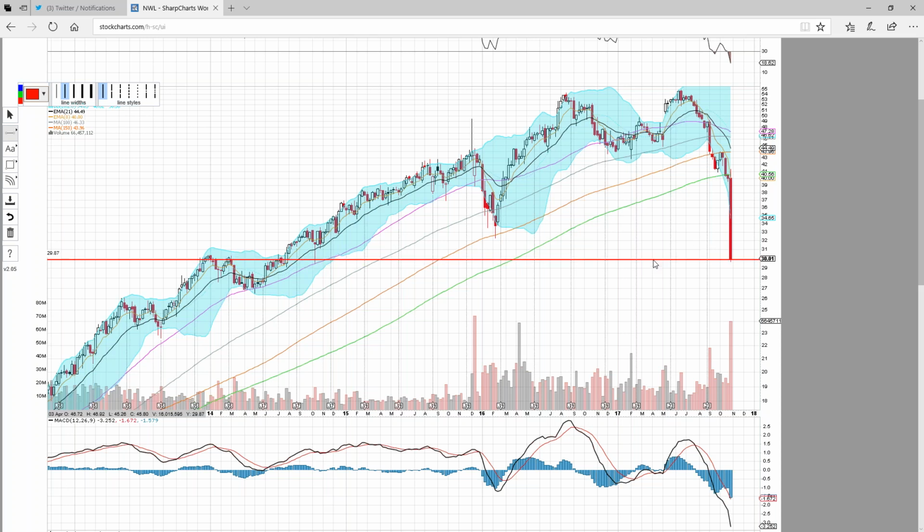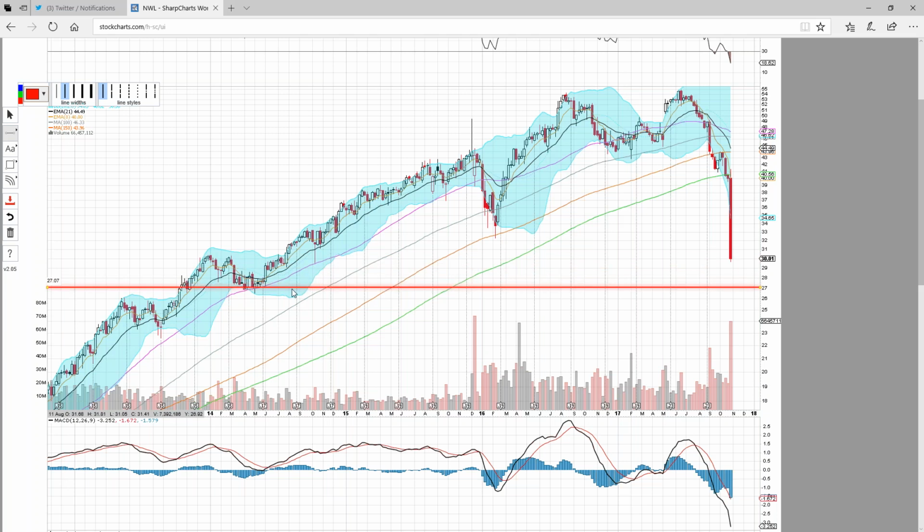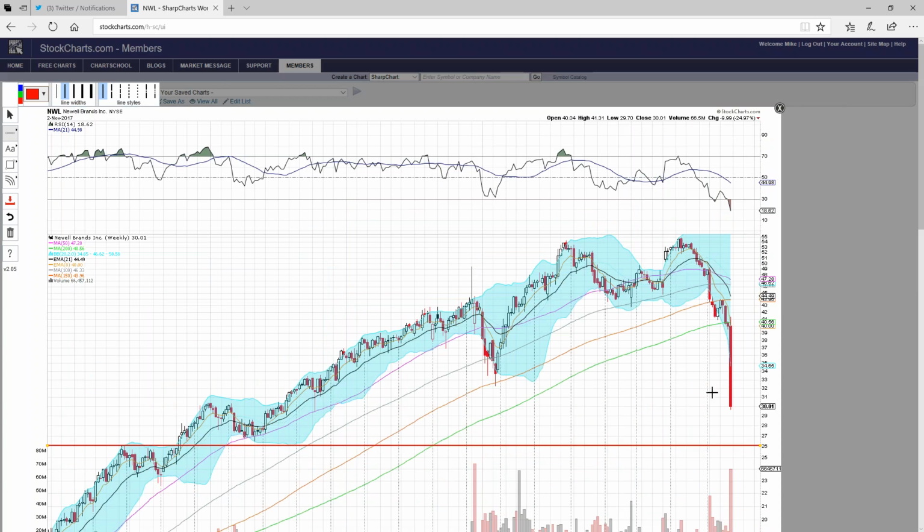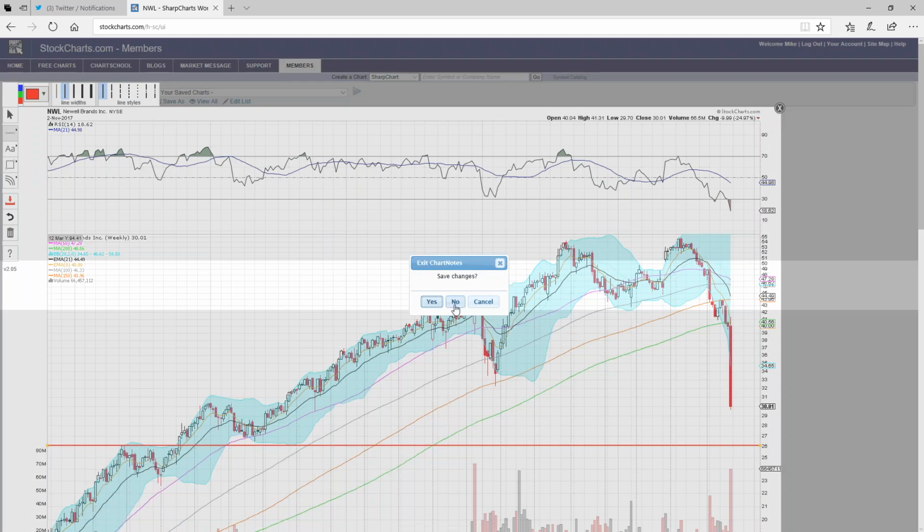It came into support here, right? You can see it. Hit some support in this area. If it can't hold here, I would try the bottom of that range, which it held a bunch of times, and the last area would be down to this 26 area. So those are the areas I'd look for support on it. This could give a nice bounce here, though. It's very extended oversold. You could get a nice look for a reversal candle, a hammer type reversal candle, but I would look for a reversal there where it goes below and then comes back above today's close